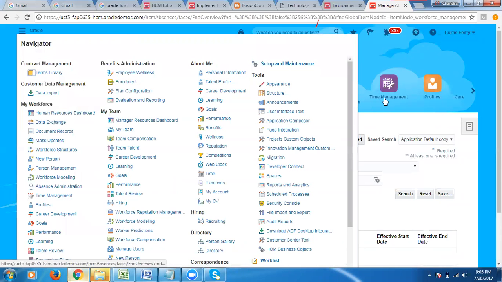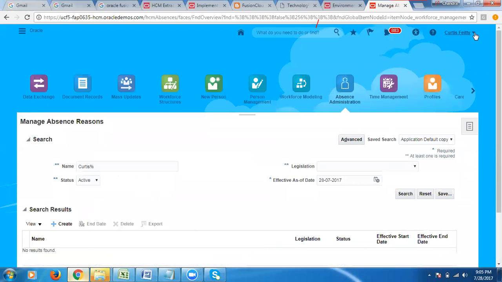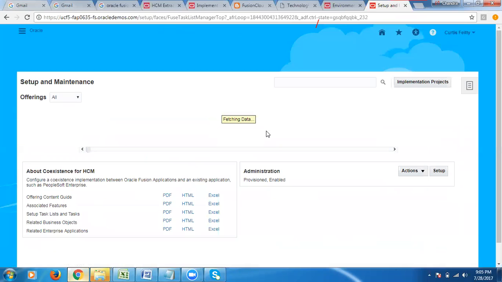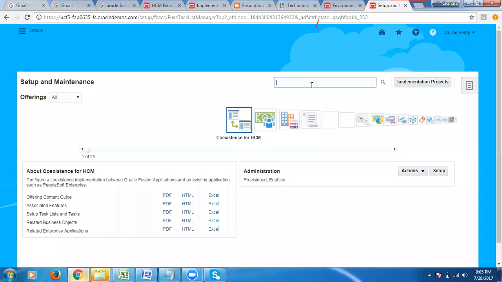Okay, so how will it be configured? There is a task called manage patterns.